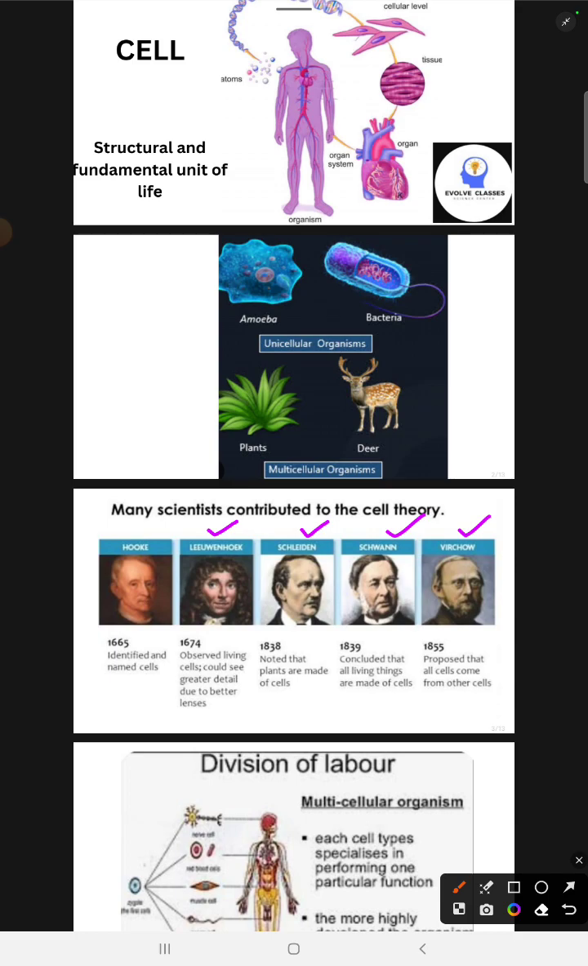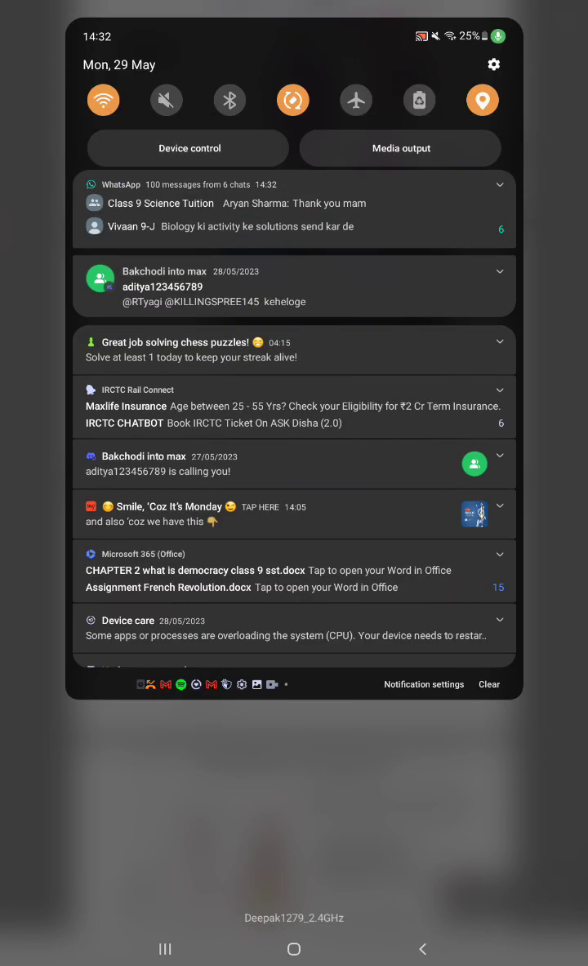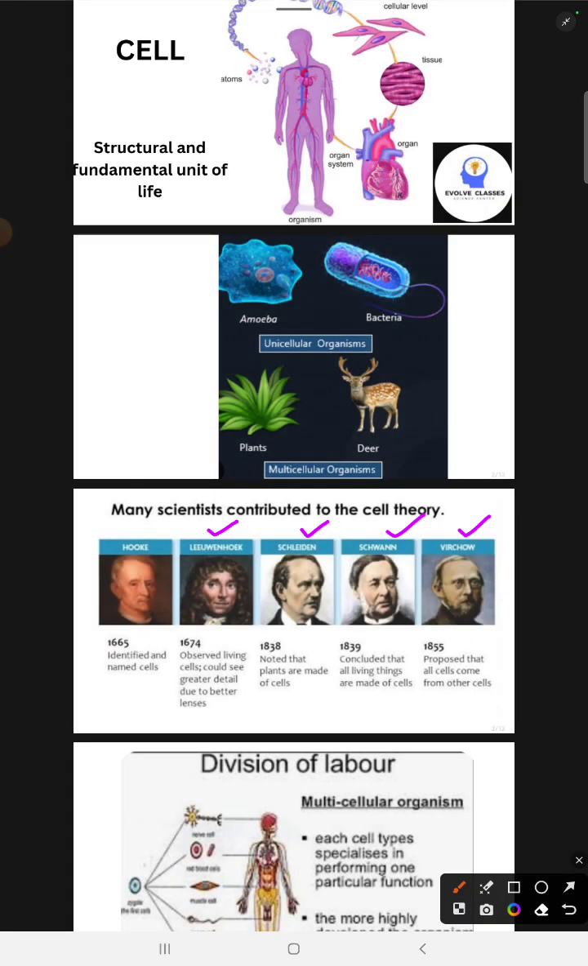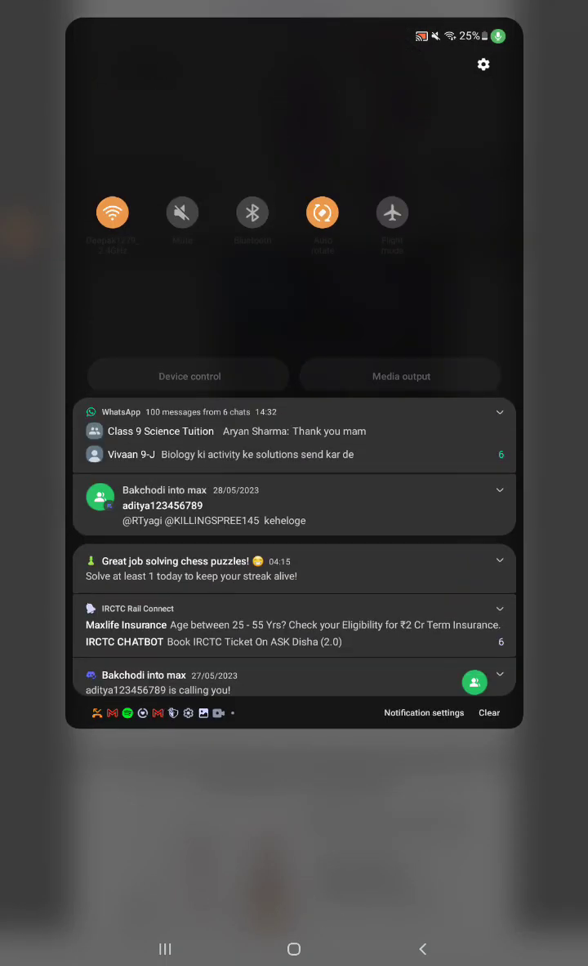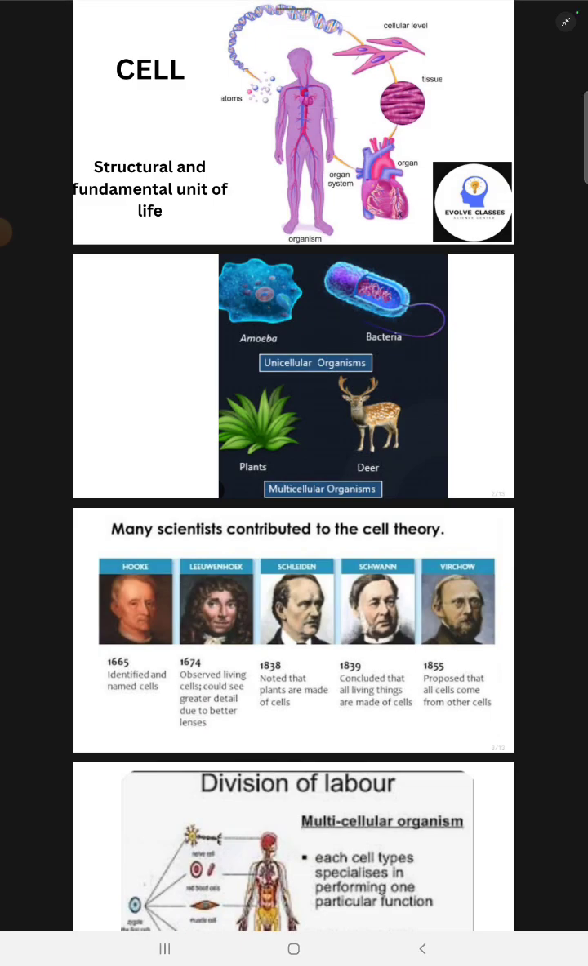Leeuwenhoek gave us the information regarding the living cells present in the ponds, especially in the ponds. Now, after this Leeuwenhoek, then came Schleiden, who noted that plants and animals are also made up of living cells. Means every plant or animal is considered to be made up of living cells. Then came